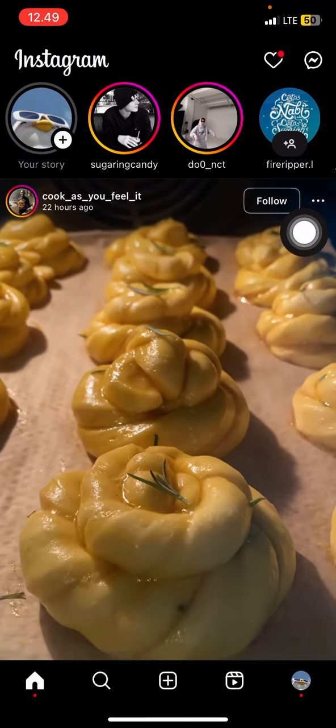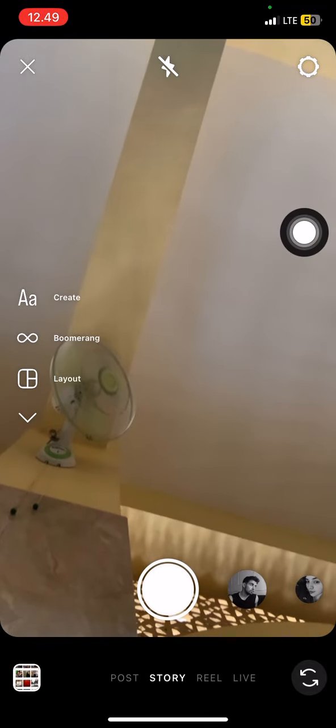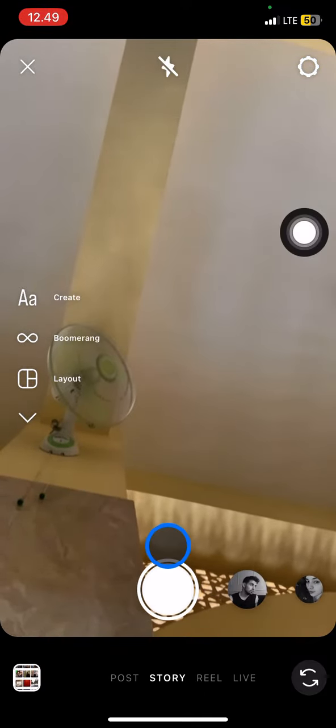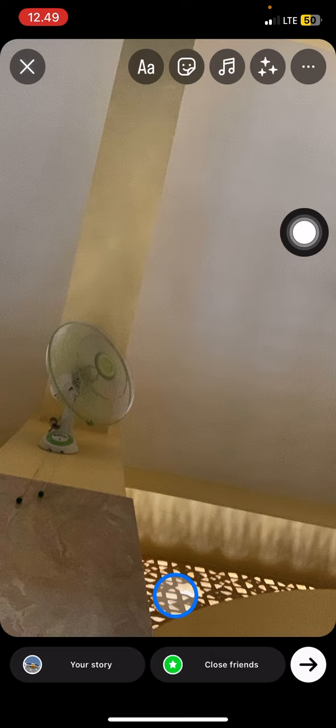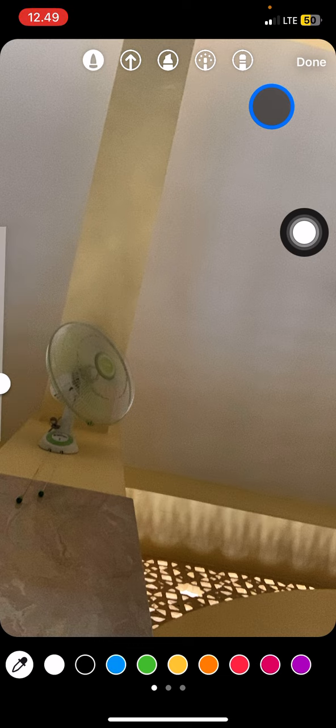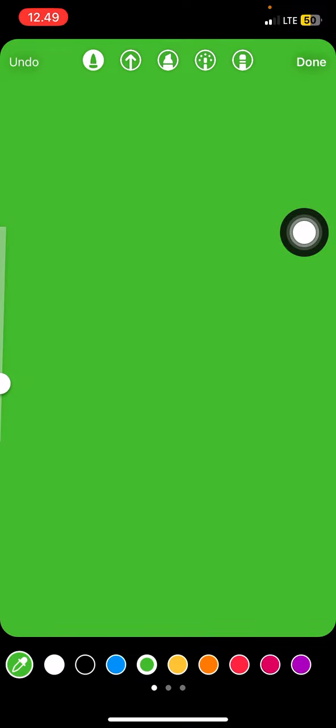In Instagram, you just need to swipe to the right side, and you will get the Instagram camera. For the simulation, you just need to capture a random photo here, and then tap the stretch mode dot, click draw, and pick the green color, and then you just need to tap and hold on the screen, and the green color will cover the whole screen